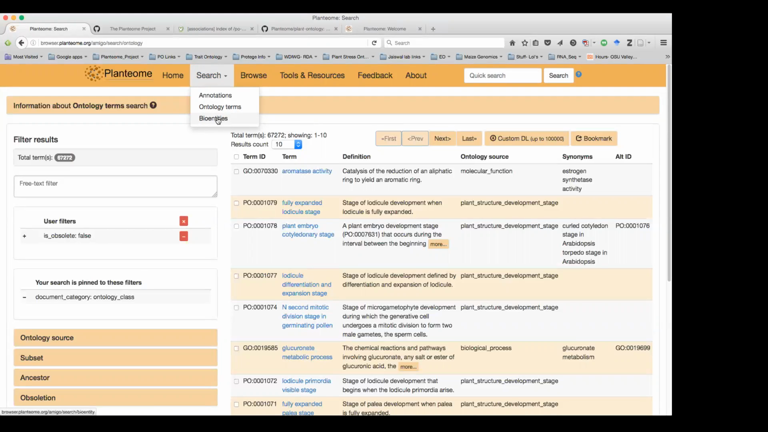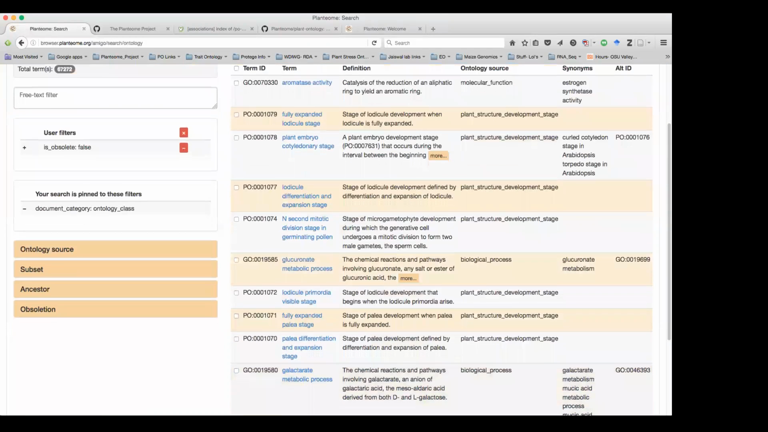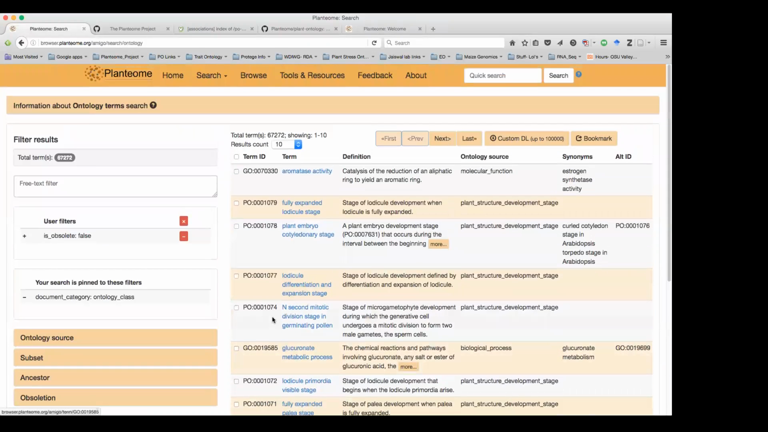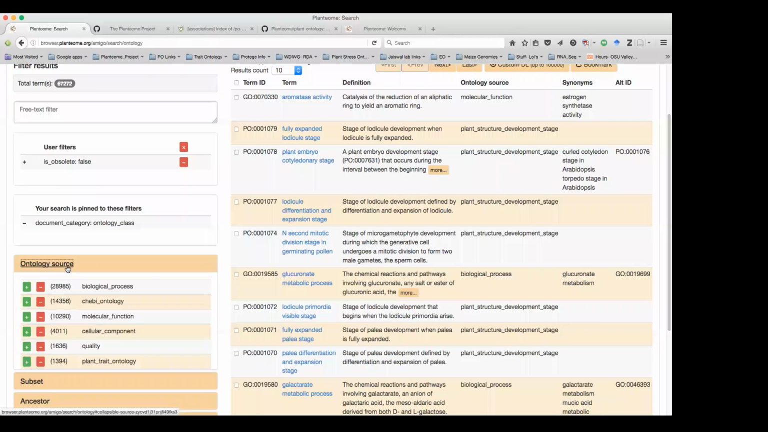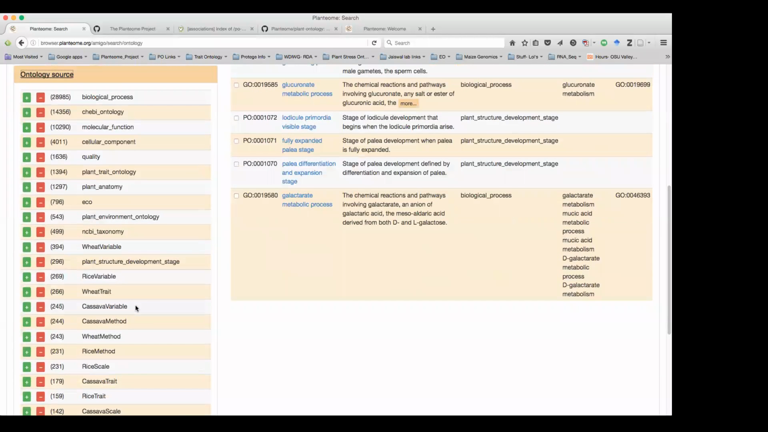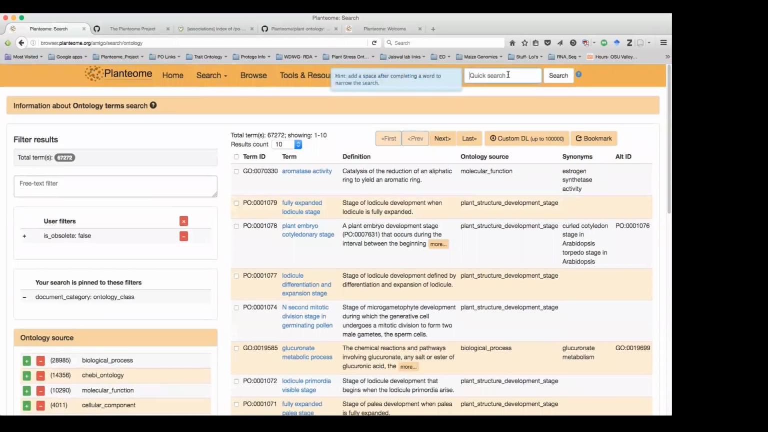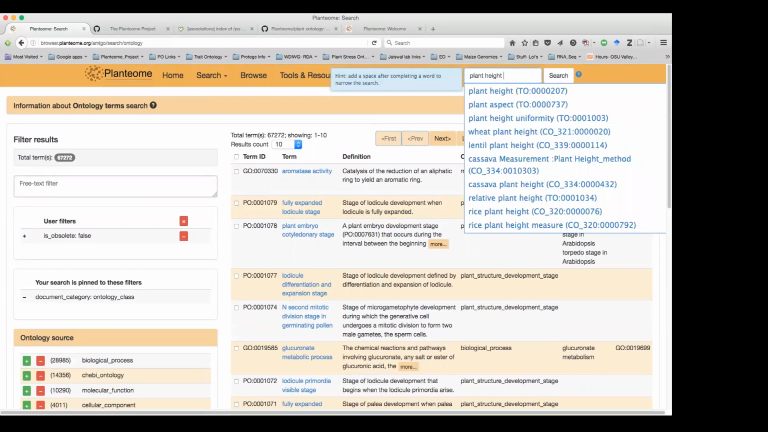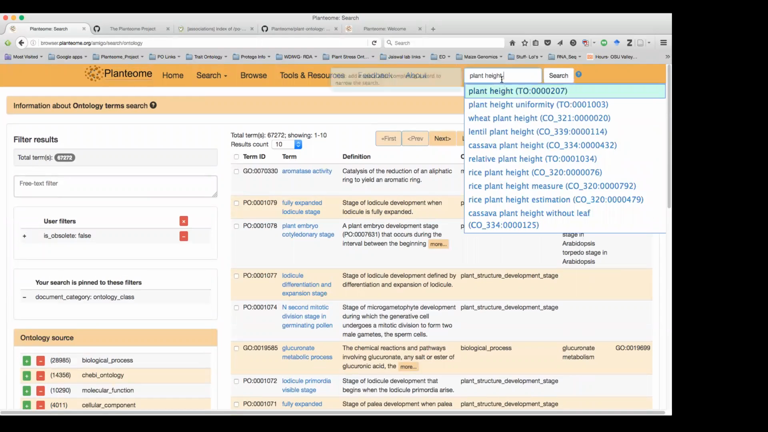germplasm sources. So I had clicked on the ontology terms, and it gives you, let me move my chat box here, a kind of initial screen, which might not help you too much, but you can go in there and look for all the different ontology sources. You can filter through the ones that you want to look at. Or you can use the quick search box. So if I type in something like plant height, then it will show you where that phrase appears in the different ontologies,